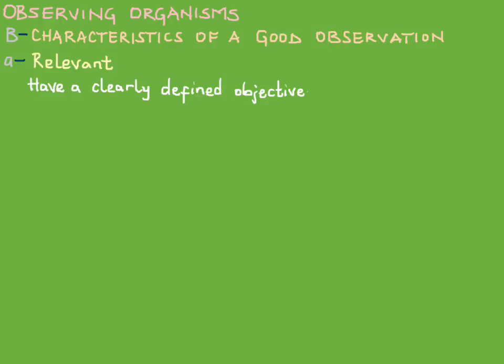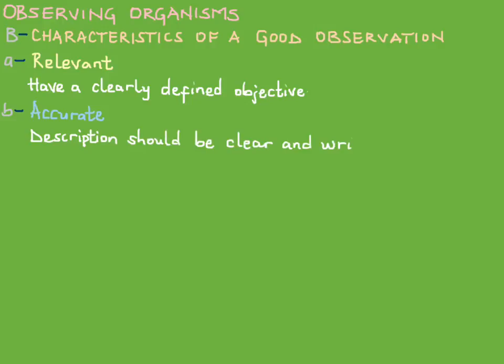A good observation should also be accurate. This means that the description should be clear and written in direct and simple language so that any person reading it can easily find or identify the organism. For example, giving a description of where the organism lives, what it feeds on, how it reproduces, its external structure,